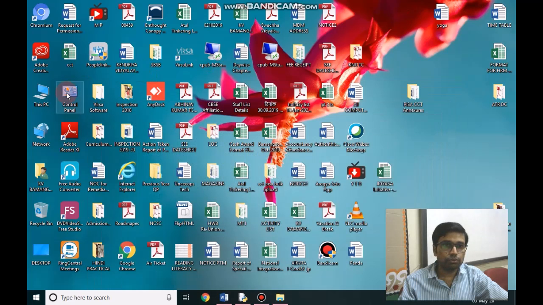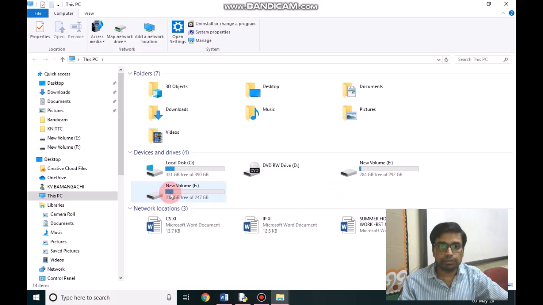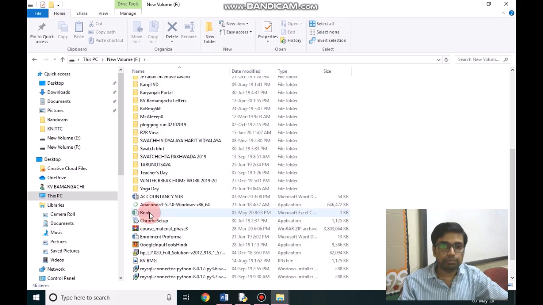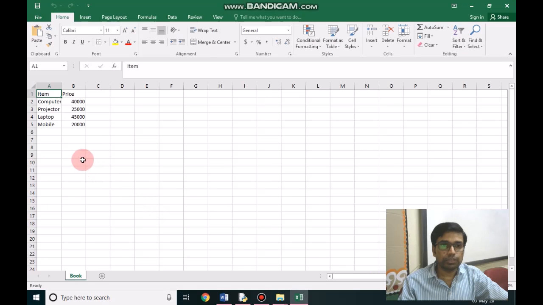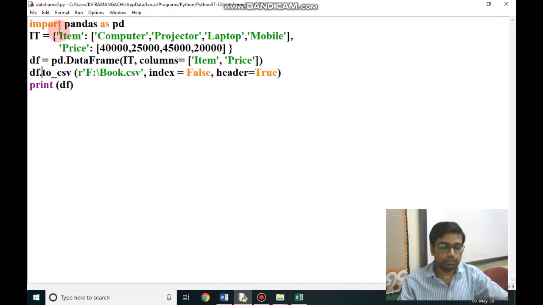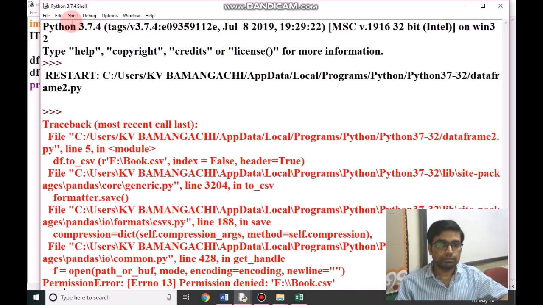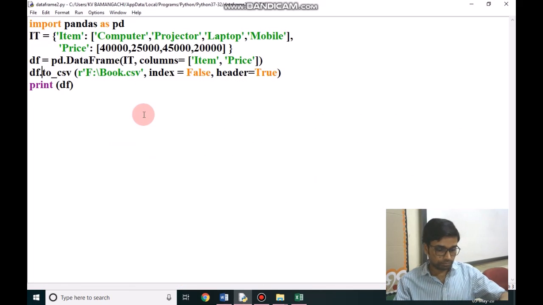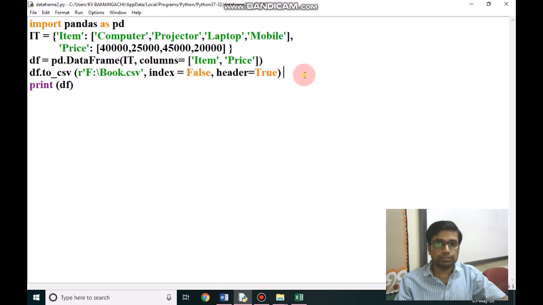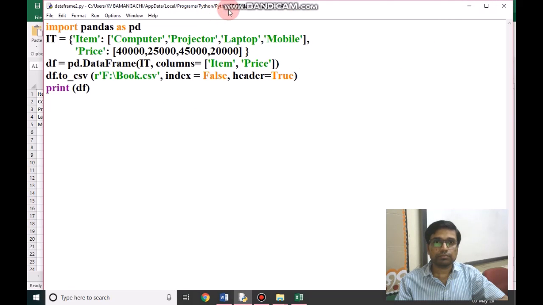We will go to our PC, and we will check the drive where we have given the path, F drive, and the book name was book. We are looking here that data has been exported successfully, and you can see here the data is same which we have given in the data frame.